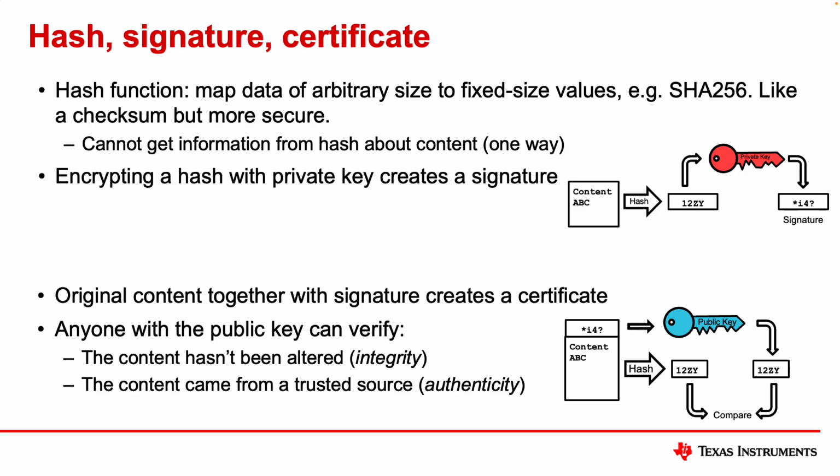So we take a hash of the content, and we use the public key to decrypt the signature. If those two hashes match up, then we have confidence that that content was the content that was signed by the person that sent it to me, or the developer that wanted me to boot the system, and also that it's not been changed, because we use a hash. If we change the content, then the hash would have changed. And that would, of course, have changed this whole operation, and we couldn't boot securely in our example. All right, so we've covered the basics.